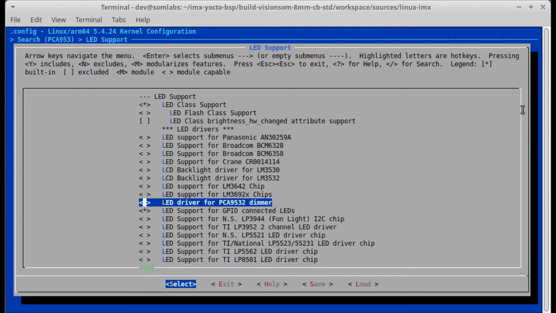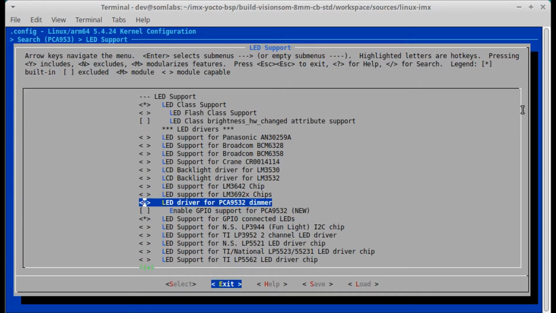We go straight to the needed option. Now we have a choice. Attach it to the kernel with the Y key so that it is part of the kernel file, or build it as an additional module with the M key. This time let's select it as a module by pressing the M key